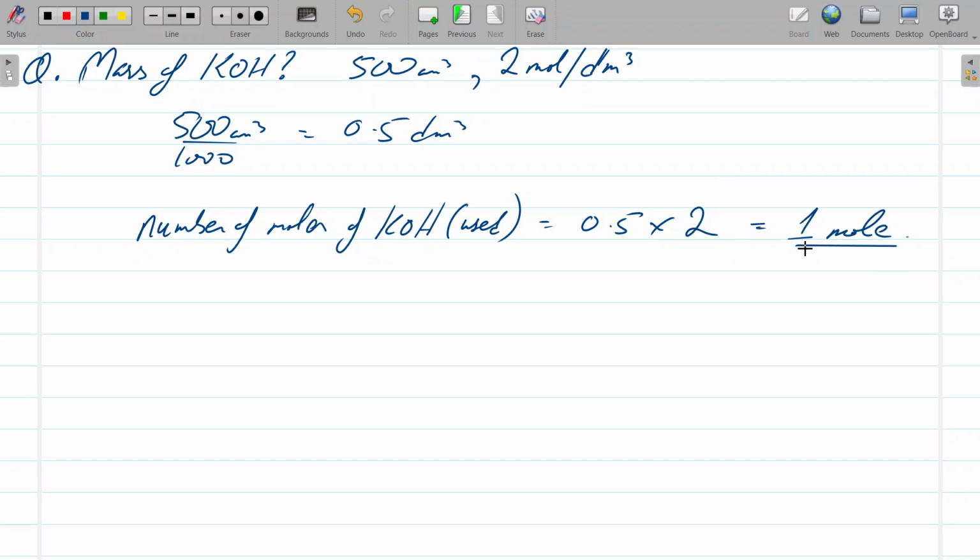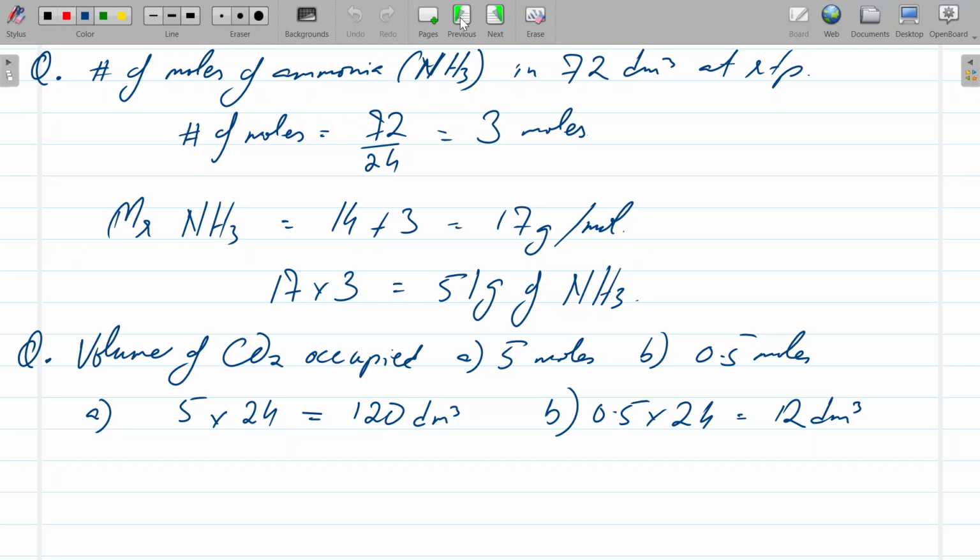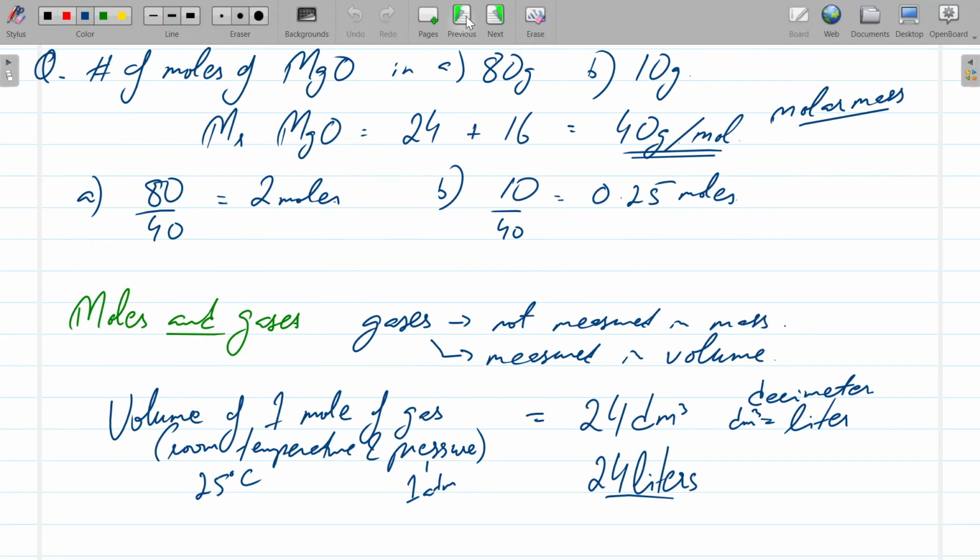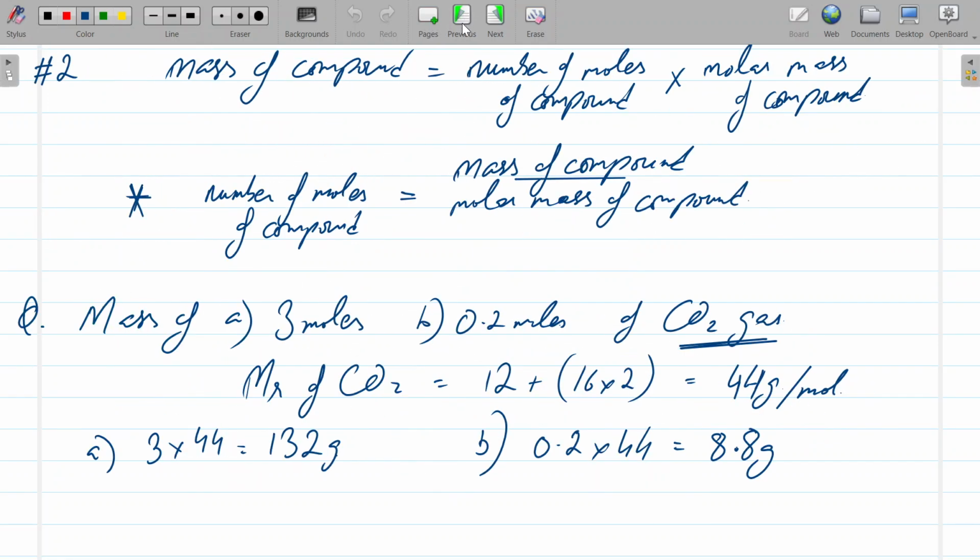Which basically means all I need is the relative molecular mass of KOH. So let's take a look at that. We could obviously use the formula back here. That's something that you want. So mass of compound, use that. What we want is number of moles, which is 1 times the molar mass. So basically what we want is the molar mass, because this is 1, so that's not going to affect anything. So molar mass of compound is the mass of compound used,